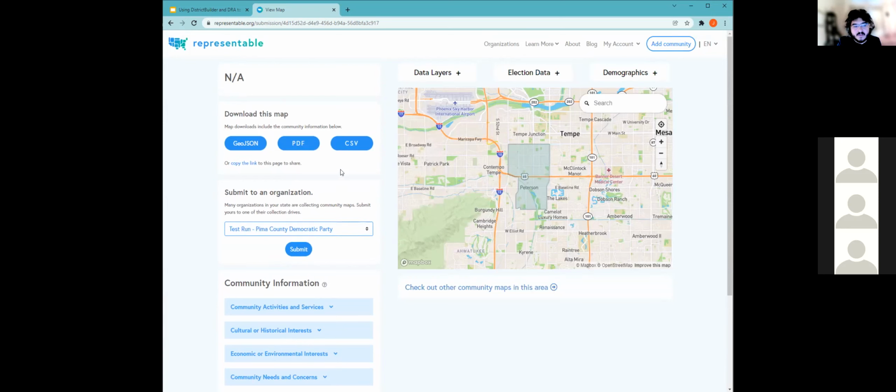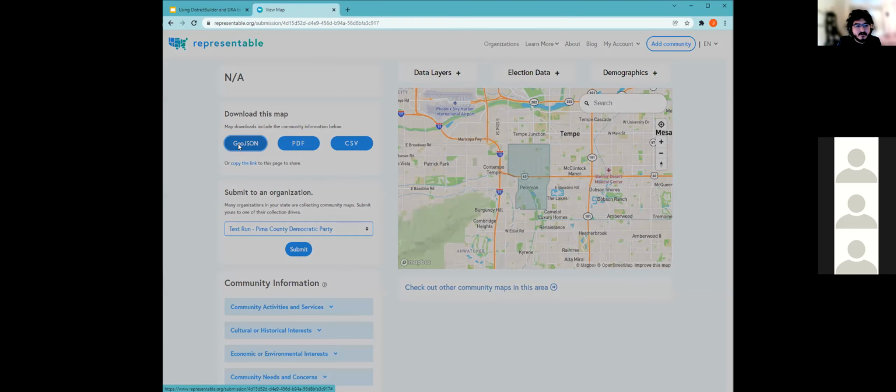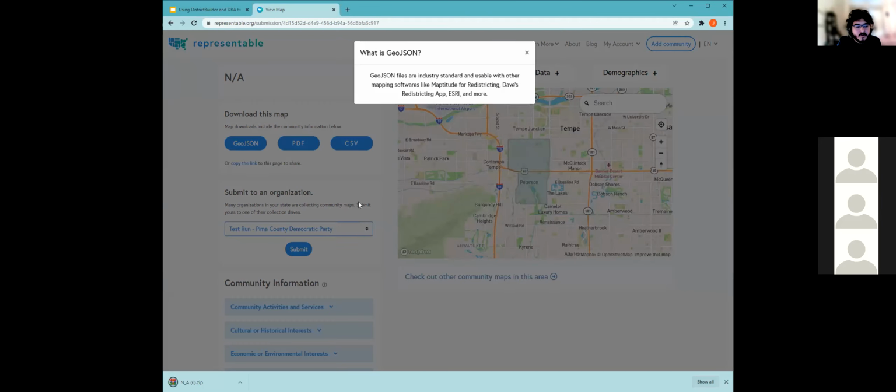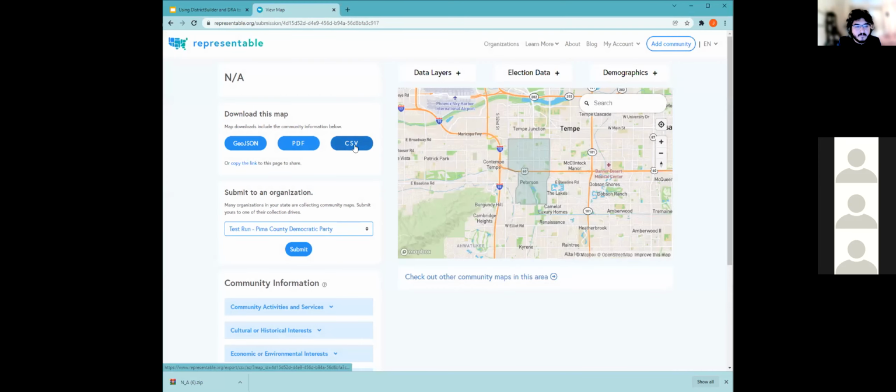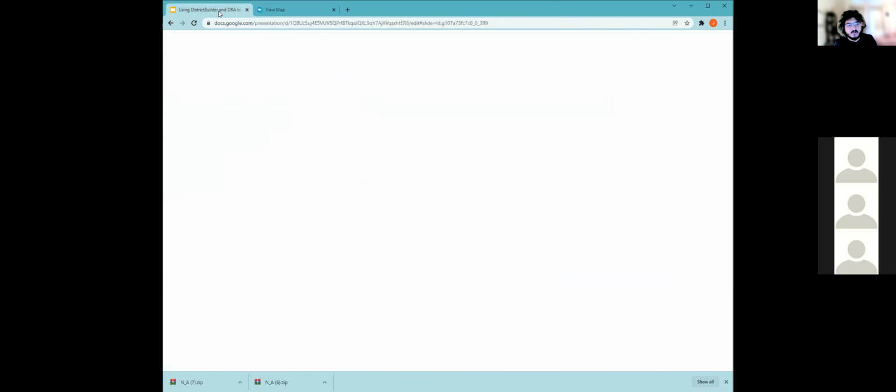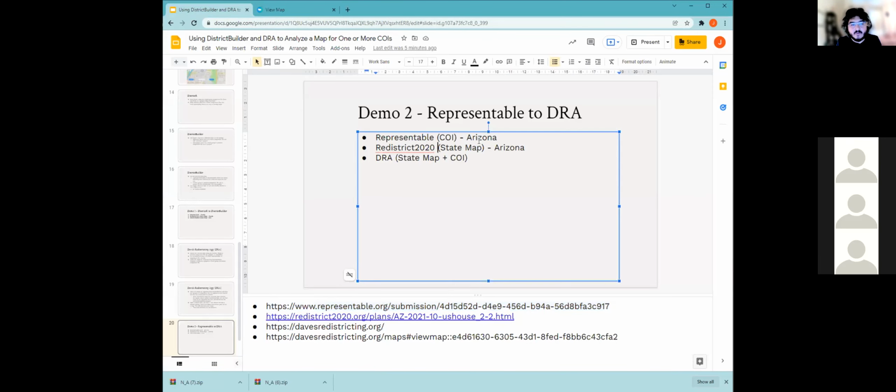So what we want to do is download this as either a JSON or CSV. We can click one of those two, and again, just for this example, GeoJSON, but I'll also just click the CSV just in case. So we have now the COI from Representable, and now we want to get the state map,